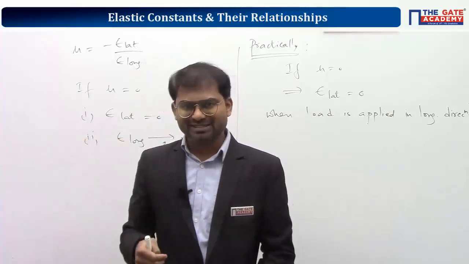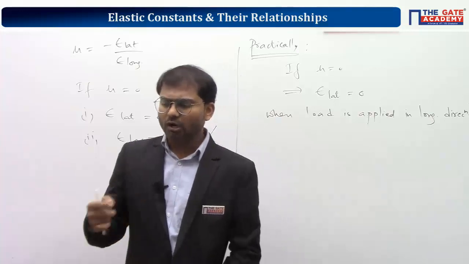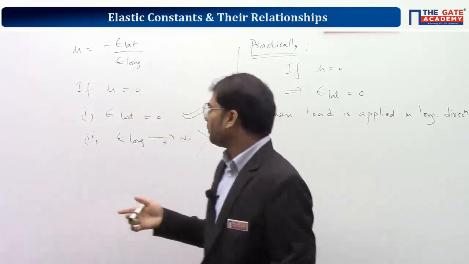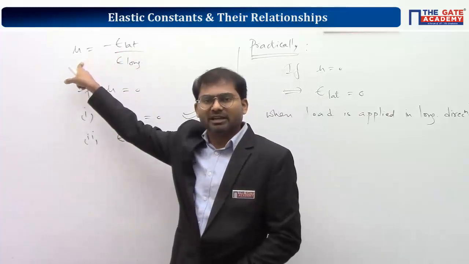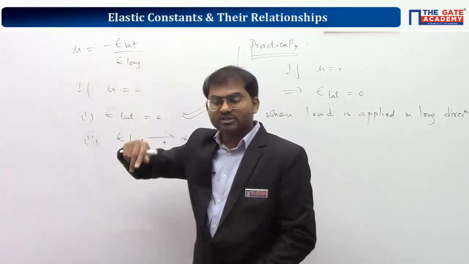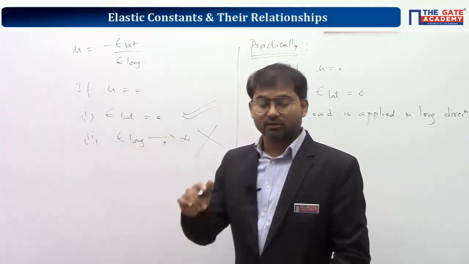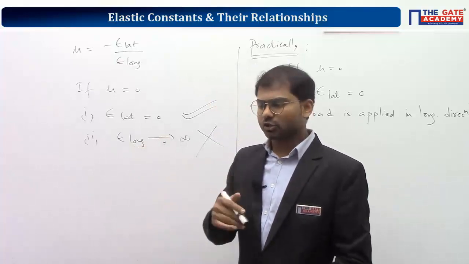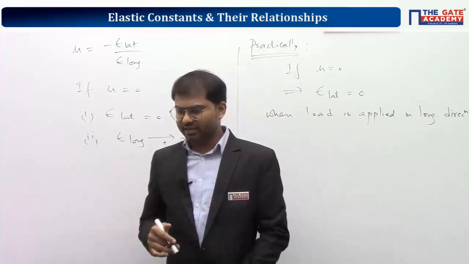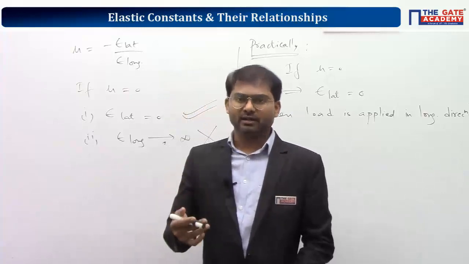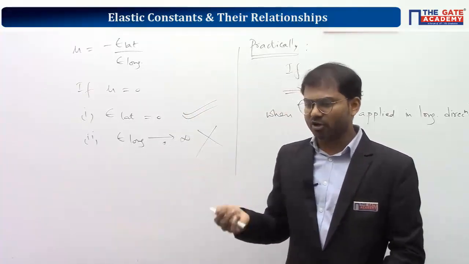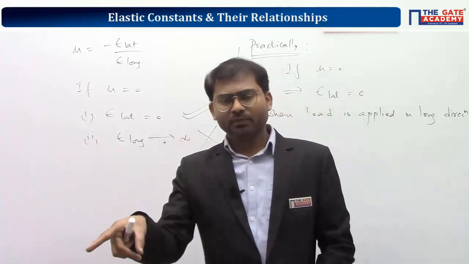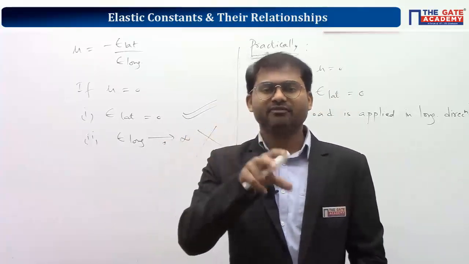Now coming to option C, it's given that there is no longitudinal strain in the material. If you put longitudinal strain in the material to be 0, you'll get Poisson ratio as infinity in mathematical calculation. So option C is also not correct. It's also wrong. Now coming to option D, it's given that longitudinal strain in the material is infinite, which we have discarded because practically it is not possible. So for this question, the only answer left is A.